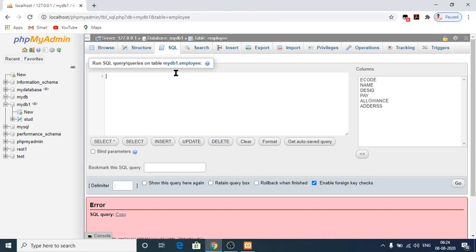Let me execute this one. Having clause will not work.